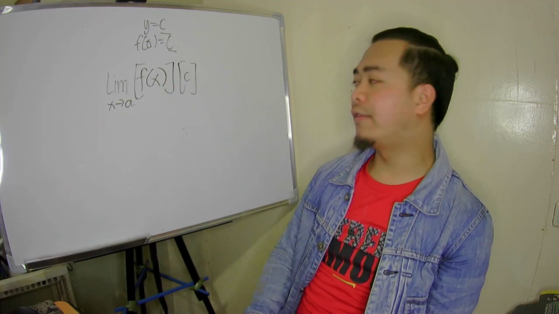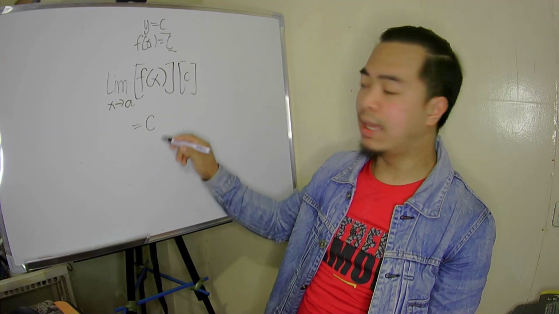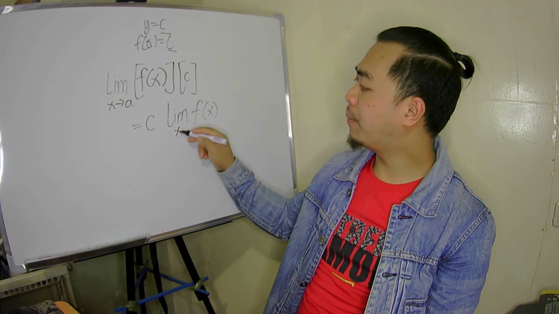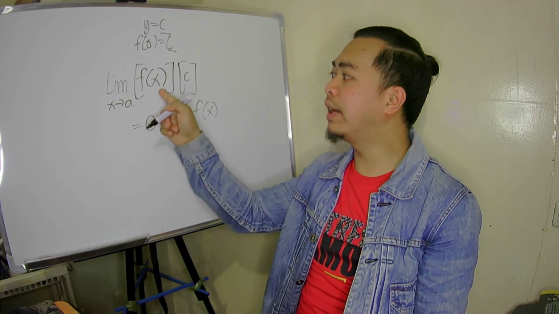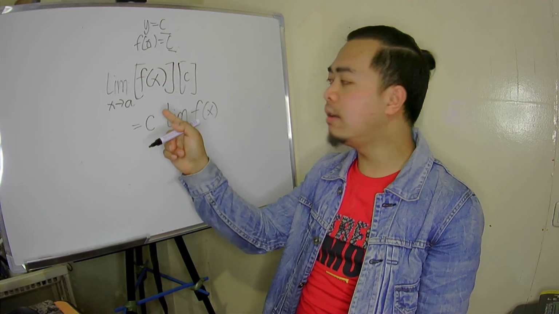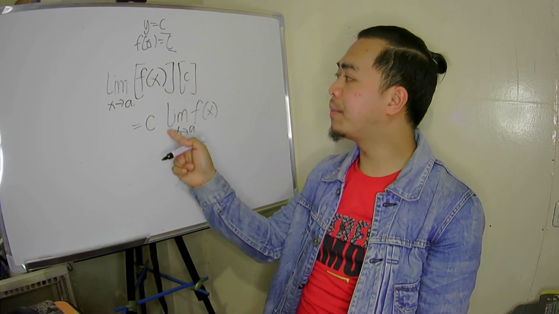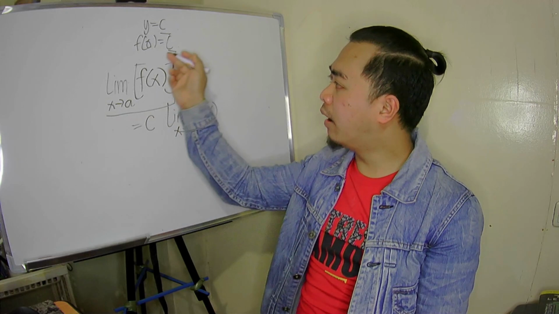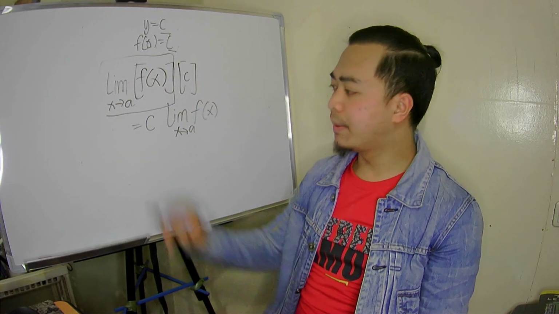But what if this is another function? Ang gagawin lang natin dito ay i-factor out yung c. Ang i-evaluate lang natin ay yung limit ng f of x na yan as x approaches a. So, we do not have to multiply c to f of x, saka natin i-evaluate yung limit. It is a lot easier if we factor it out first, so that our main concern now is to evaluate the limit of this function. Yung function lang na f of x.